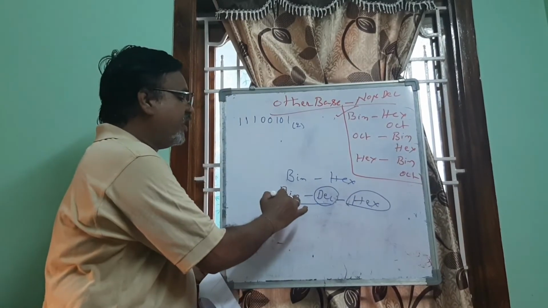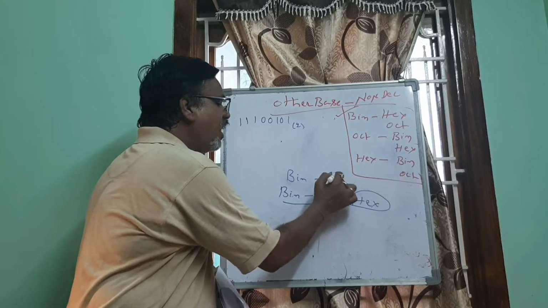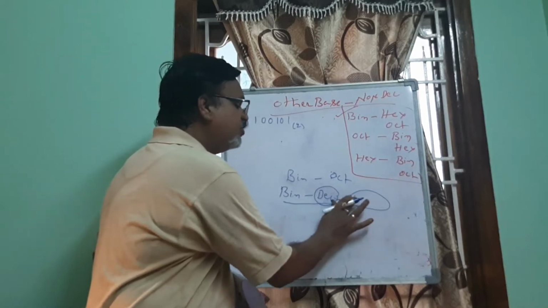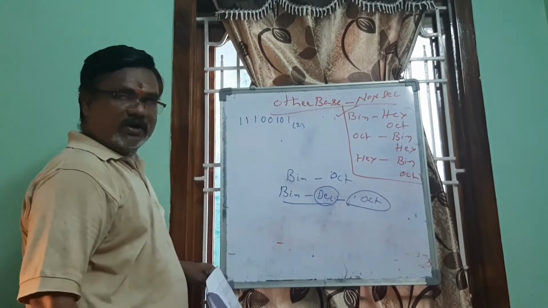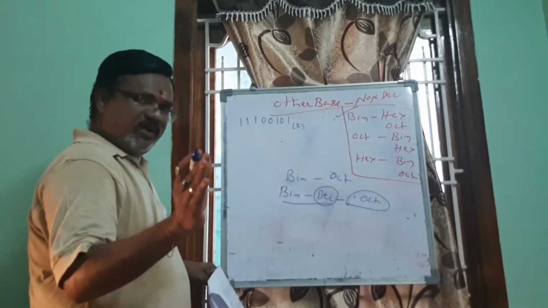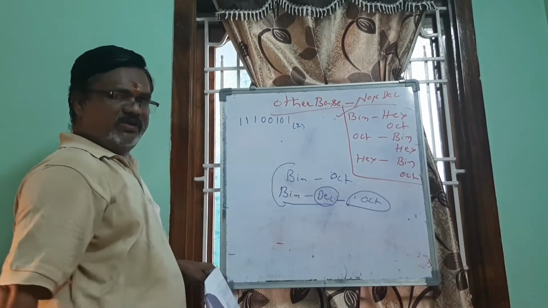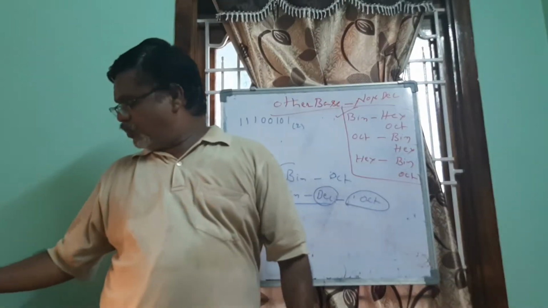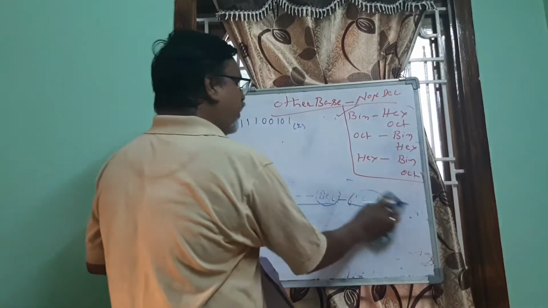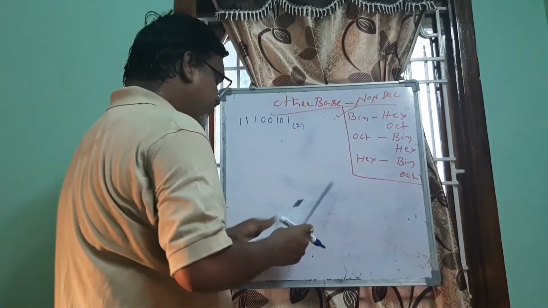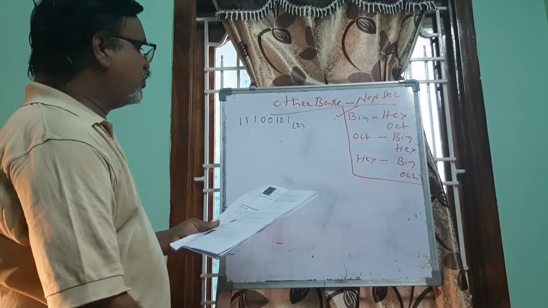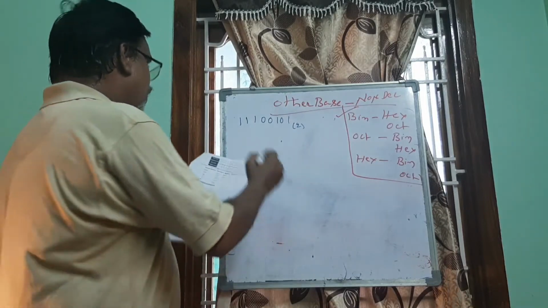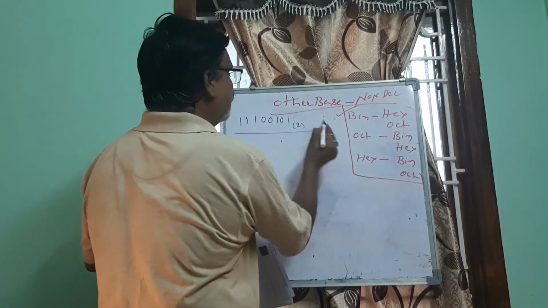The same way, for binary to octal, convert the binary number to decimal and then decimal to octal. This is one method, which is a lengthy process. So in the same video I explained the shortcut method, which is also the scientific method. If you want to convert the given binary number to hexa or octal numbers, you need to know a table.